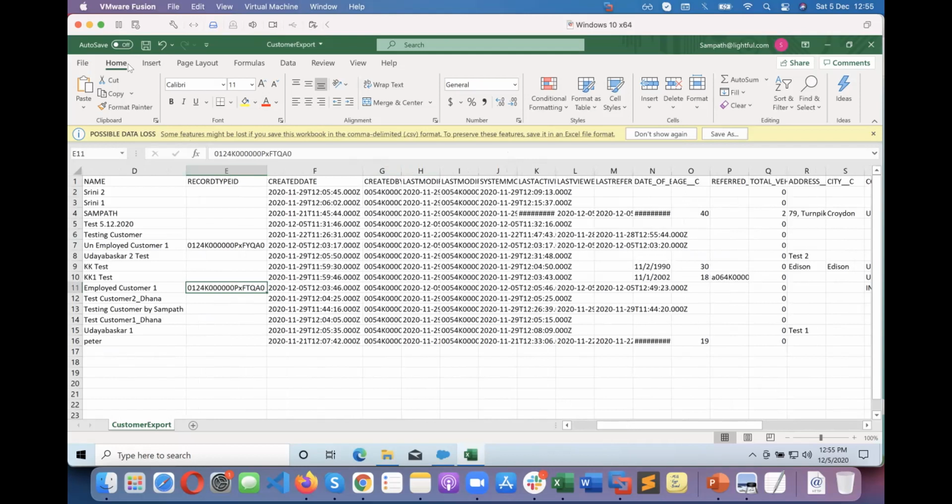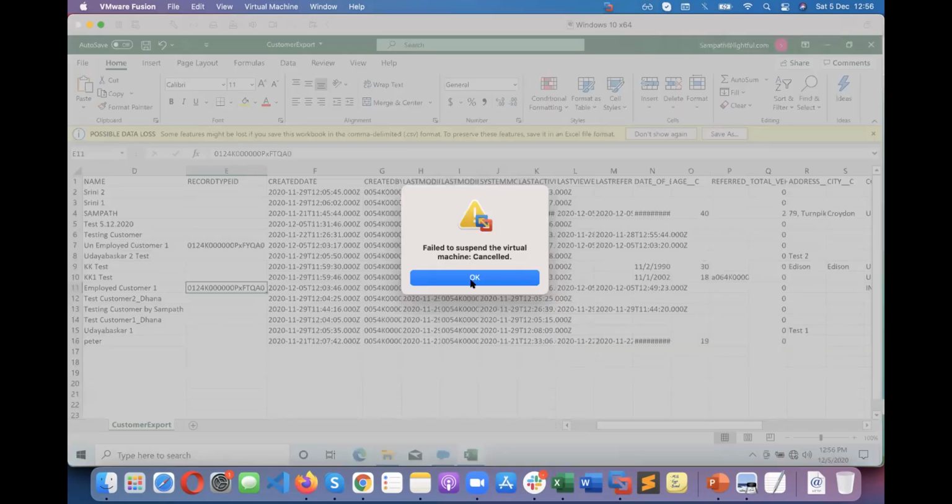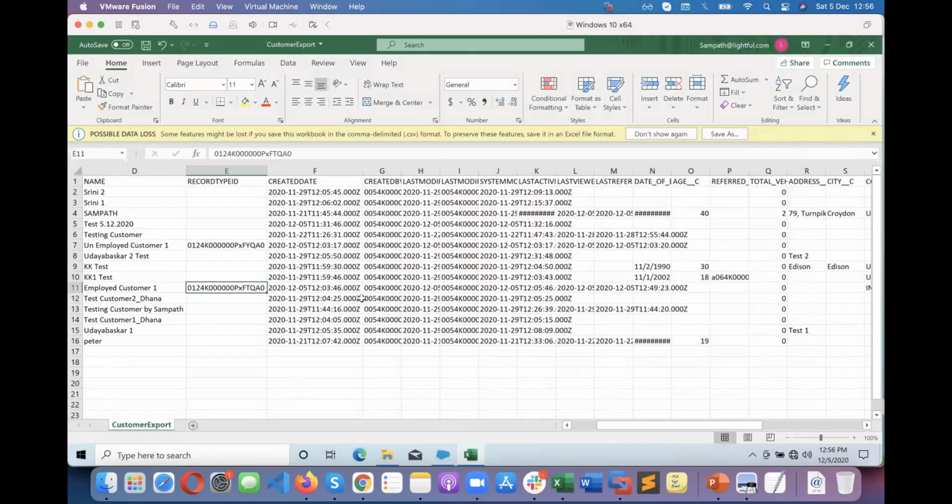Okay. So now what I will do, I'm closing this. Oh my goodness. Cancel. I cannot cancel it, I think. I can cancel it. Good. I closed the virtual machine itself. So sorry. The file.